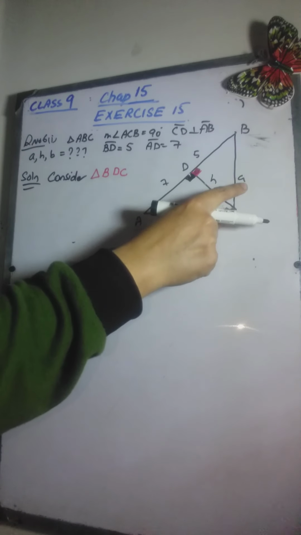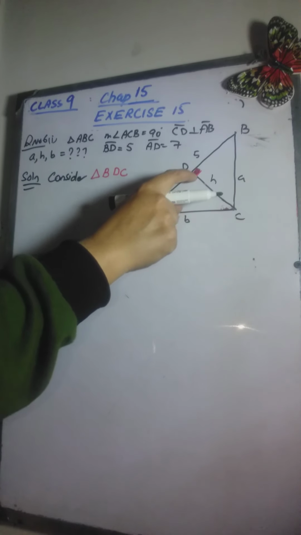Over here, a will be the hypotenuse, because it is opposite to the 90 degrees. The side which is opposite to 90 degrees is the hypotenuse. That is always correct for any right triangle. So a square will be equal to 5 square plus x square, because a is the hypotenuse. Hypotenuse square is equal to base square plus altitude square. Any one of these can be base and altitude. Therefore a square is equal to x square plus 25.